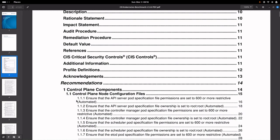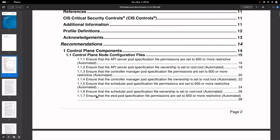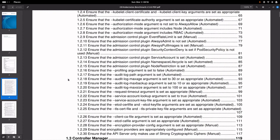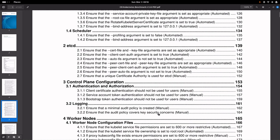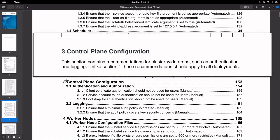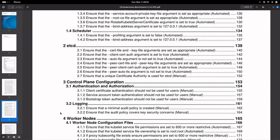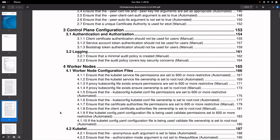Here you can see all the recommendations that you get for your control plane components, for API servers, controller managers, etcd, schedulers. You can just have a glance at all these configurations that you can carry out on the components that you are running in your cluster, and be comfortable with which settings, when applied, will mitigate your Kubernetes